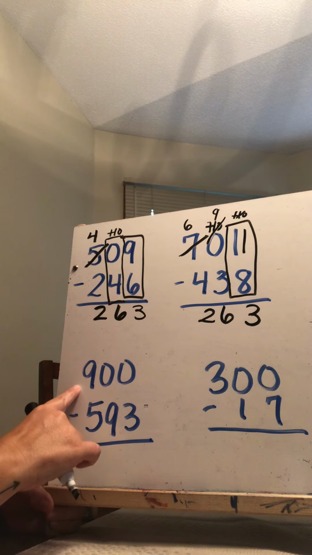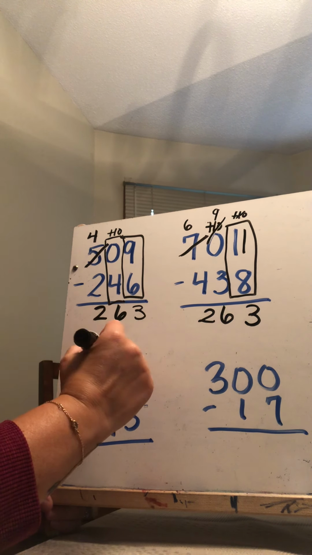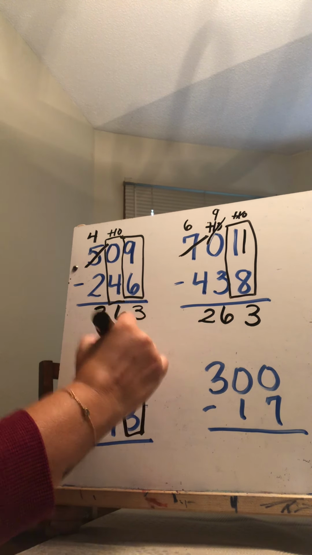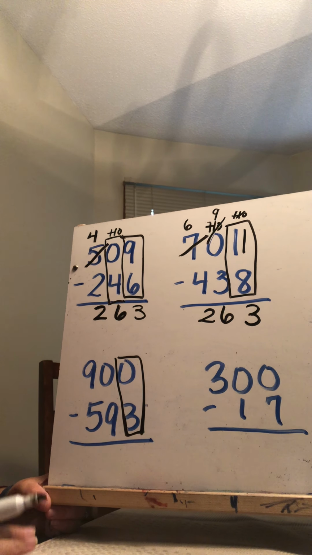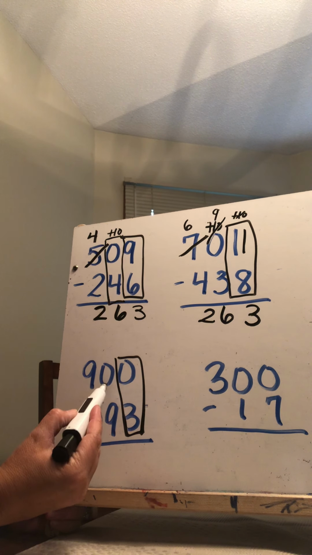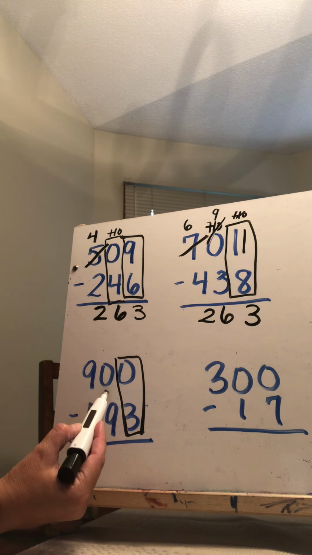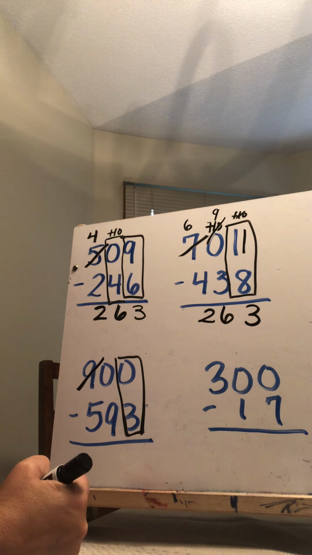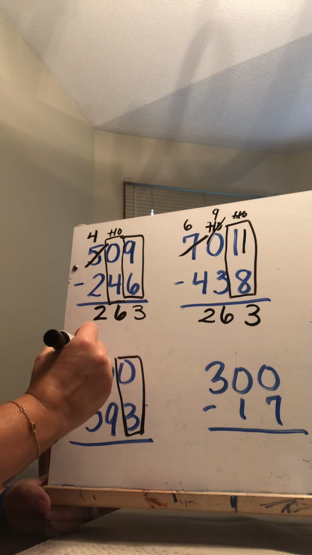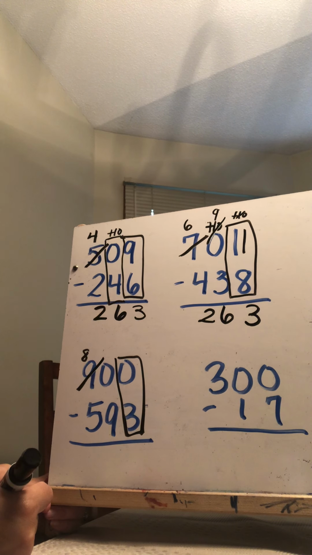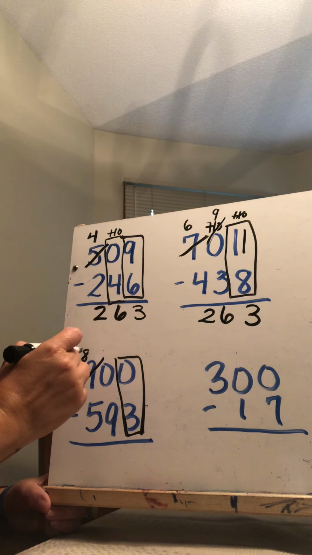So my greater number is on top, but I want to look at place value. I have 0, and I want to take 3 from it. Well, we know I can't take 3 from 0 if I don't have anything. So I go next door to my tens. My tens don't have anything either. So I have to go all the way over to my hundreds. And now I can borrow a group of 10. When I do that,